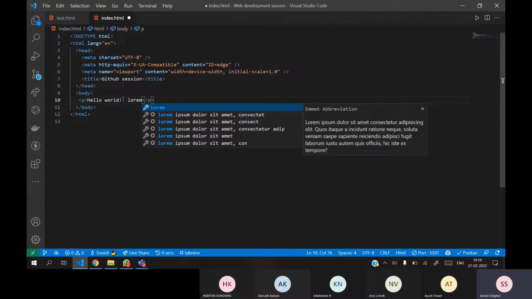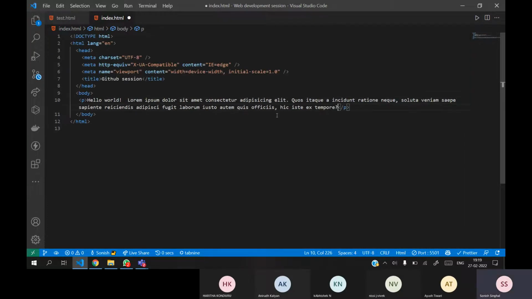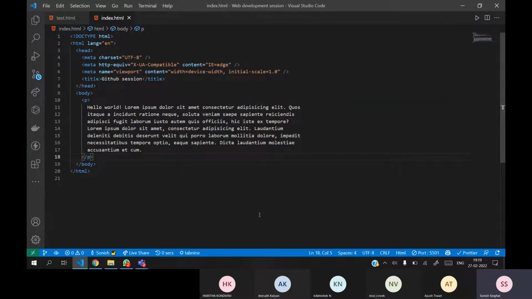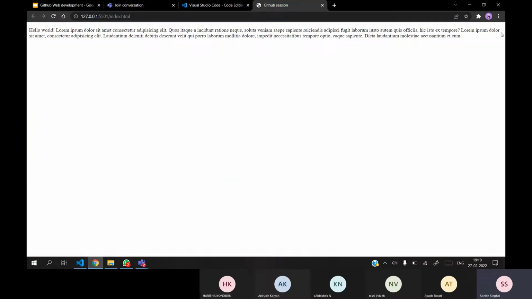On writing lorem, the complete data will be there. Directly on writing lorem, you will be able to see it. Those are some advantages of using Visual Studio Code. So this is the data. When we save it and go back to Chrome, we will be able to see the data easily.